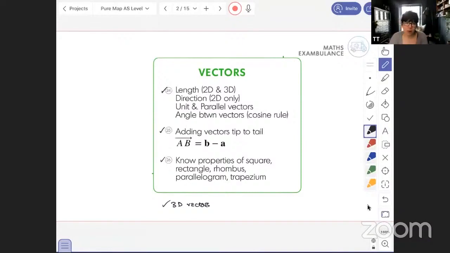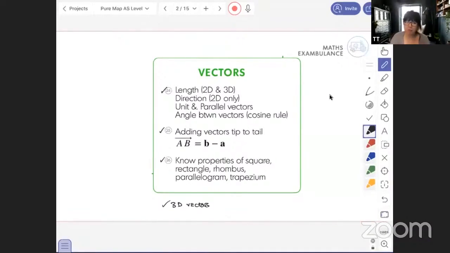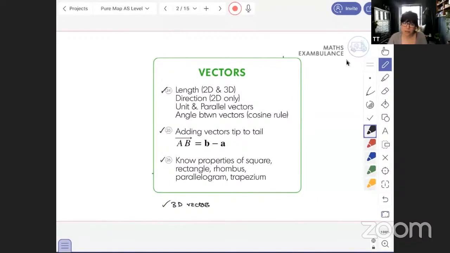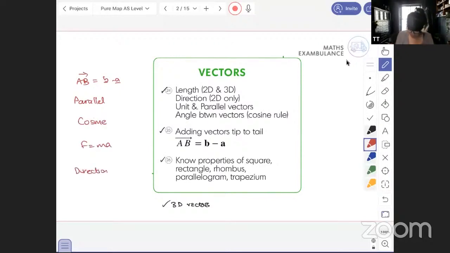Right, I'm going to finish this up now because we need to have our little break before I start the second years. So good luck with going through all that stuff. I hope that I've narrowed it down to this key knowledge. A to B is B minus A. What are parallel vectors? The fact that you need the cosine rule, the fact that you might still use F equals ma, and the fact that you need to know about direction and length using Pythagoras and inverse tan. Okay. I will see you in